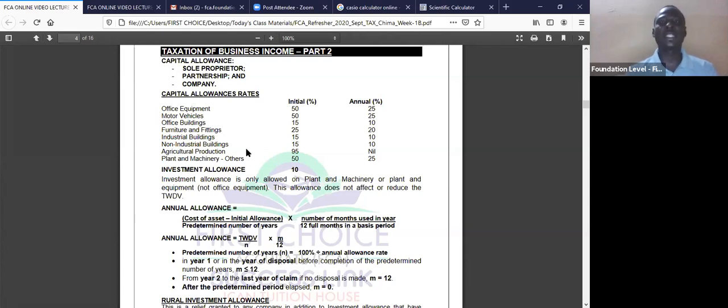If an asset is bought during that gap, how will it be treated? Will it be excluded? So in capital allowance, when there is a gap, the gap belongs to the second period. That period of gap belongs to the second period,